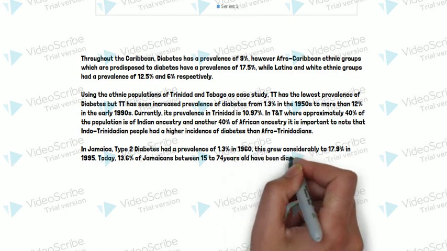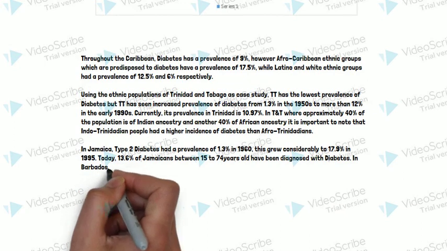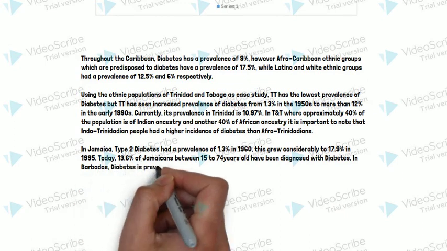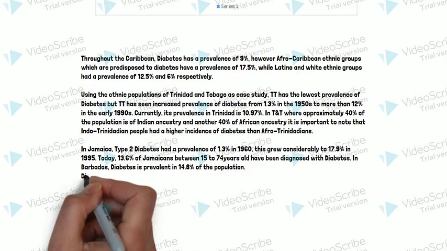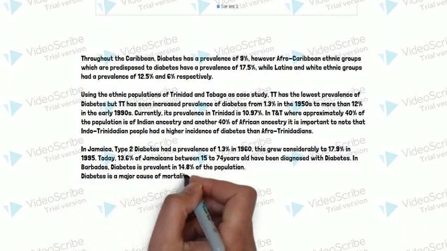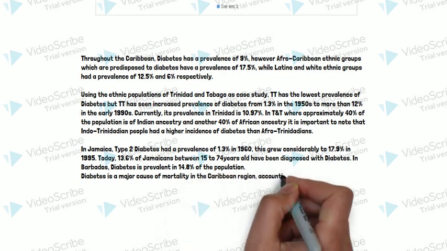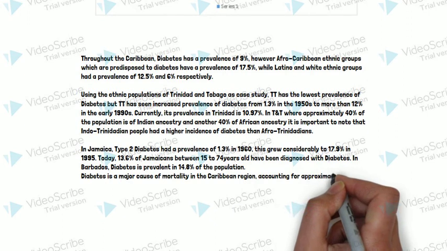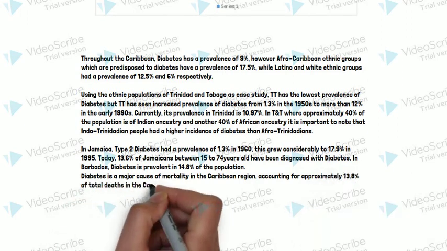So in the Caribbean, diabetes is a major cause of morbidity and mortality because it accounts for 13.8% of total deaths in the region. And it is important to note that black ethnic groups in Africa share a similar prevalence